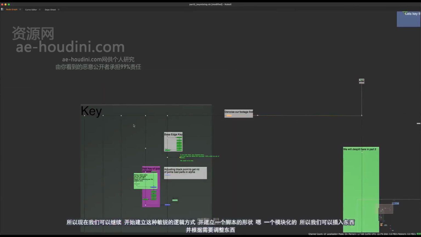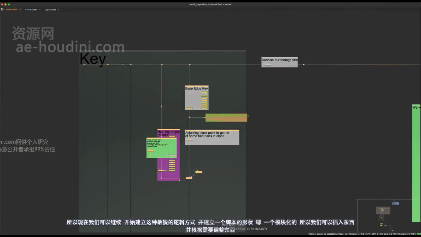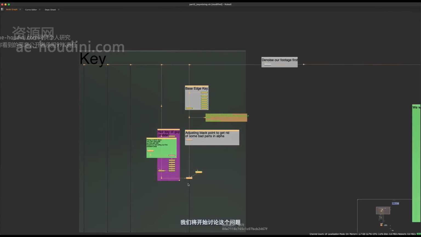So now we can move on and start building up this key in a logical way and building a script in a shape that is modular, so we can insert things and adjust things as necessary. So we're going to start talking about that, and we'll also talk about